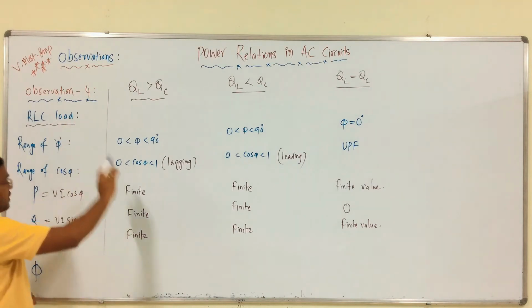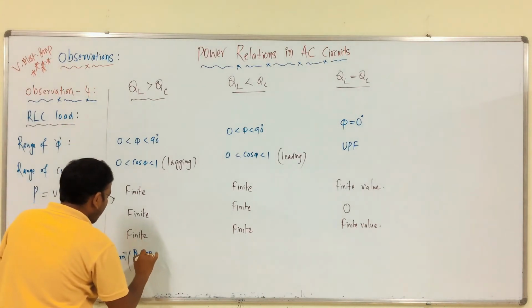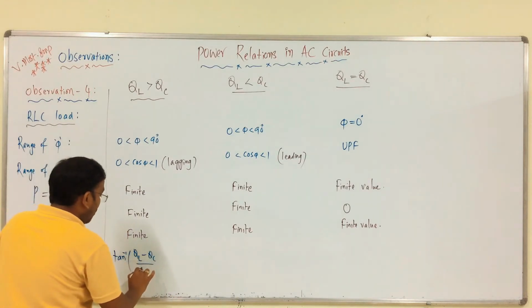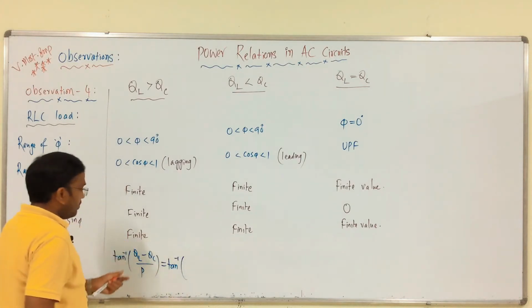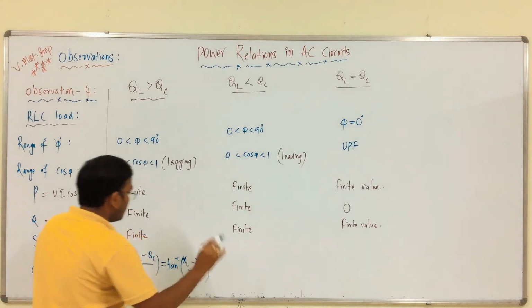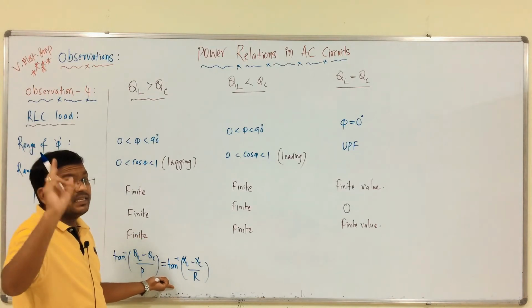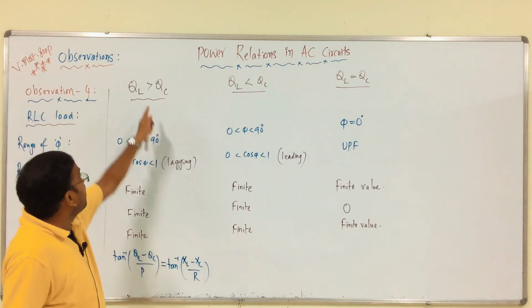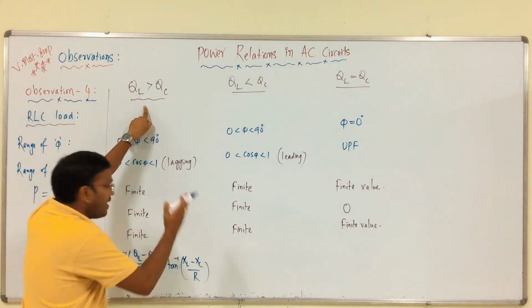Then here comes the phase angle. In case of QL more than QC, that is tan inverse QL minus QC by what? Here we are dealing with the reactive power and active power P, or you can write omega XL minus XC by R. Just remember the formula in case of series RLC circuit. There, what is the phase angle? Tan inverse XL minus XC by R if XL more than XC. Same formula you can apply here.